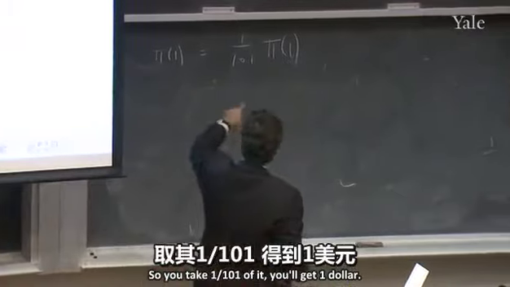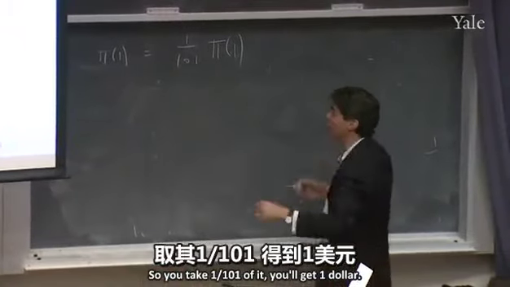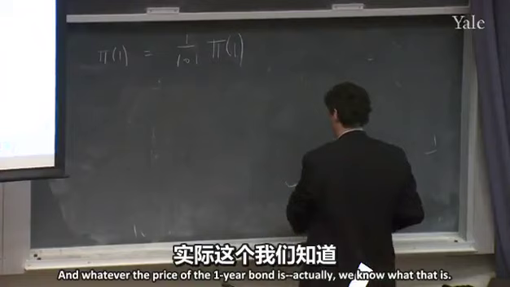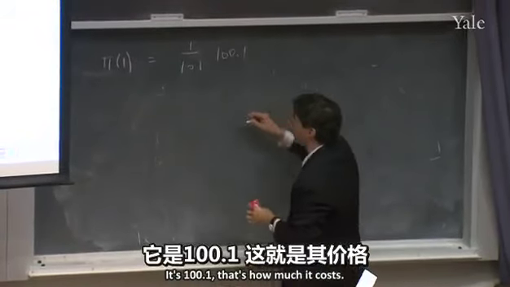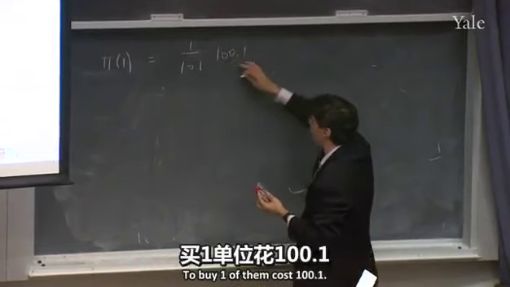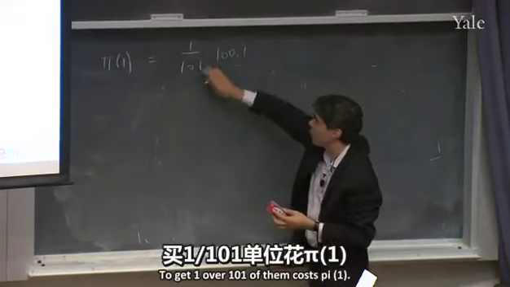So you take 1/101st of it, you'll get $1. And whatever the price of the 1-year bond is, actually we know what that is. It's 100.1. To buy one of them costs 100.1. To get 1 over 101 of them